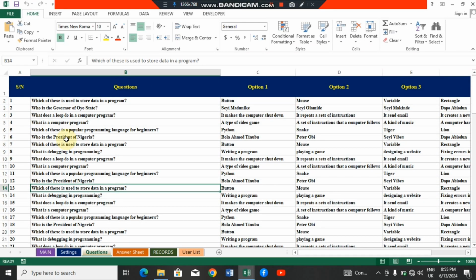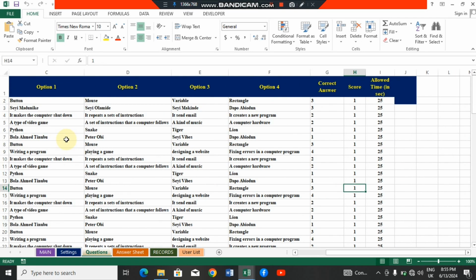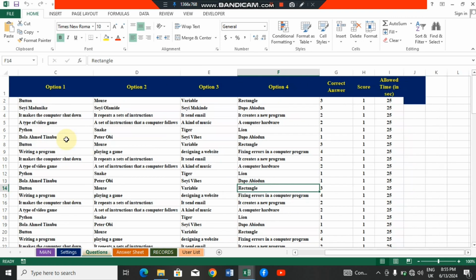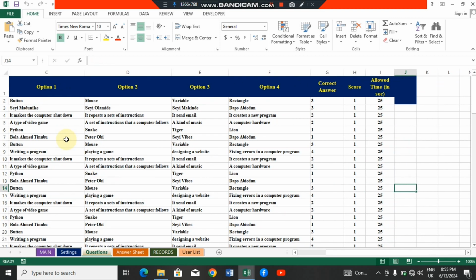Okay, now how will our students use this template? The next thing I'm going to show you is how you prepare your student to use this template to do their exams. You will notice that on the other template where we set question, on the question bank, we typed in the question, the option 1 to 4, and then the correct option. So here you are going to enter the score that each question carries. So this, I have inputted 1. If it is 2, you want this particular question to carry 2 marks, you put 2 here.